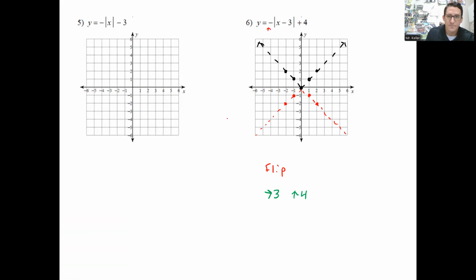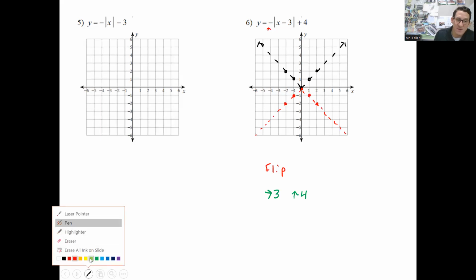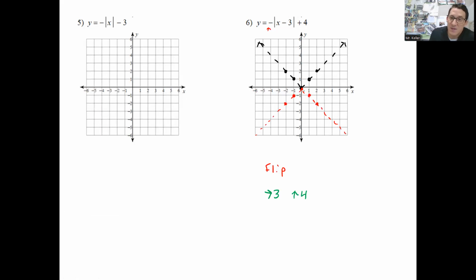Next, what I'm going to do is the shift. I'm going to shift each of these points, not the original ones. I'm going to shift the red ones. So you flip it and then you shift. So we're doing the transformation in 2 steps. Everything's going to go to the right 3, 1, 2, 3, and then up 4, 1, 2, 3, 4. All right. And then if you need to count 1, 2, 3, 1, 2, 3, 4, you can do that,